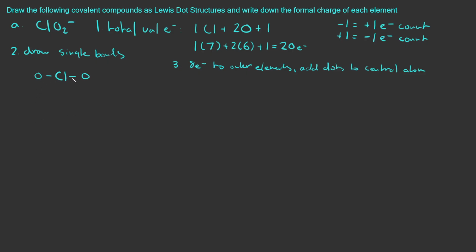In this case, this oxygen right here has one bond, which is 2 electrons, so it needs an additional 6 dots to get up to 8. Same thing over here: one bond, so it has 1, 2, 3, 4, 5, 6 dots in order to have 8 electrons. Now we have a total of 2, 4, 6, 8, 10, 12, 14, 16 electrons, but we need a total of 20. So we add those additional 4 electrons to our central atom, 1, 2, 3, 4, so that we have a total of 20 electrons drawn in this Lewis dot